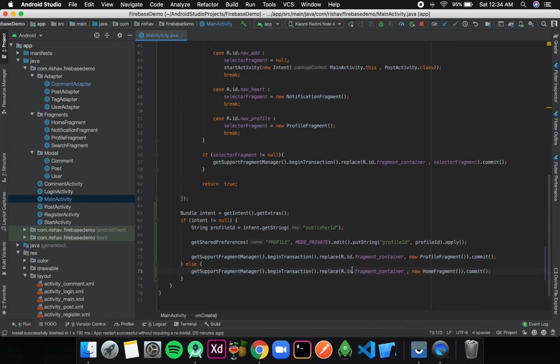Now we need to extract the values in our profile fragment.